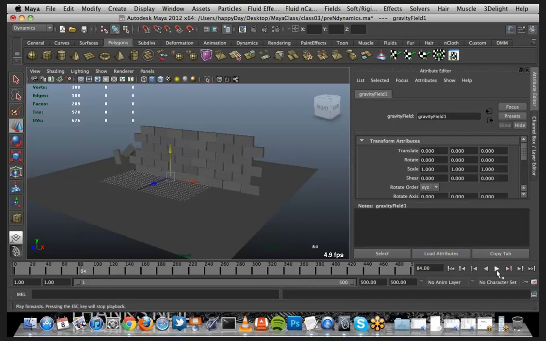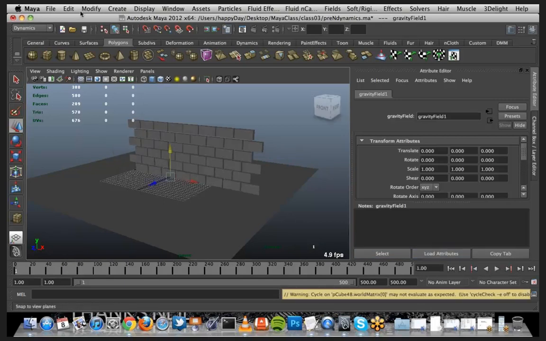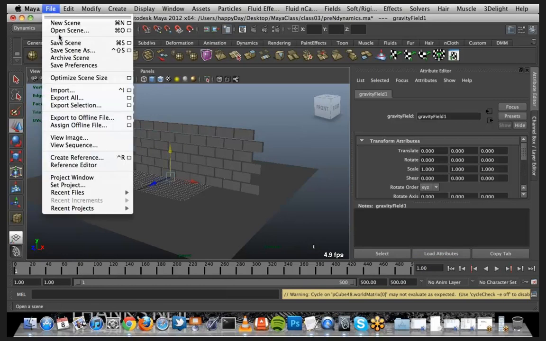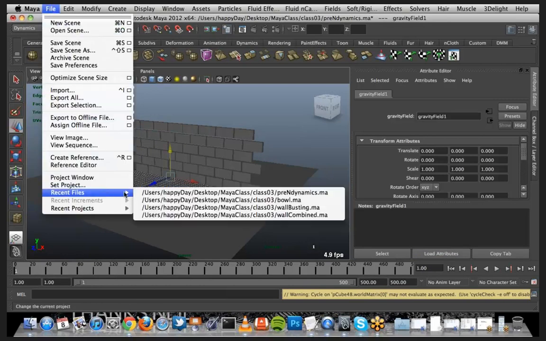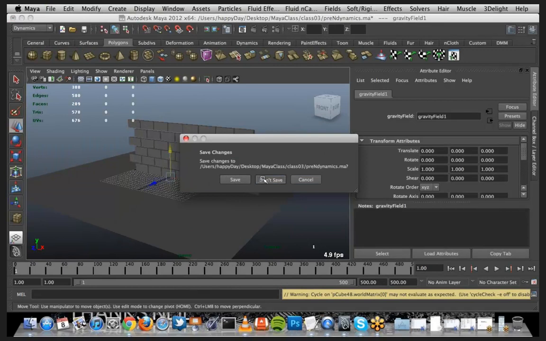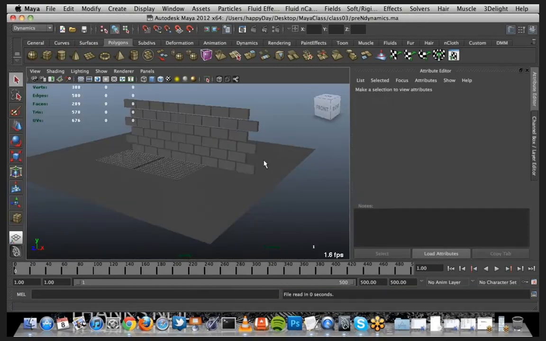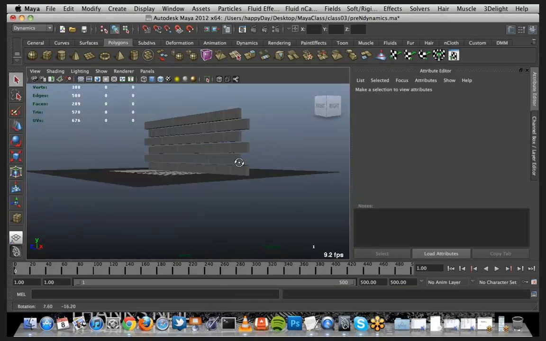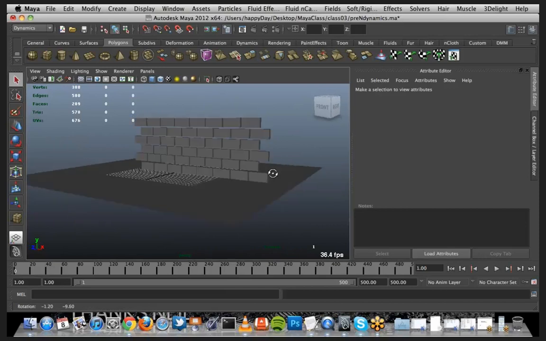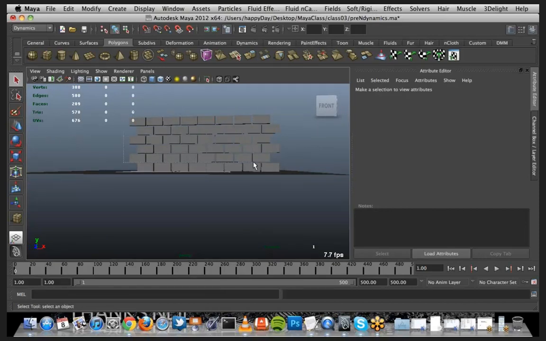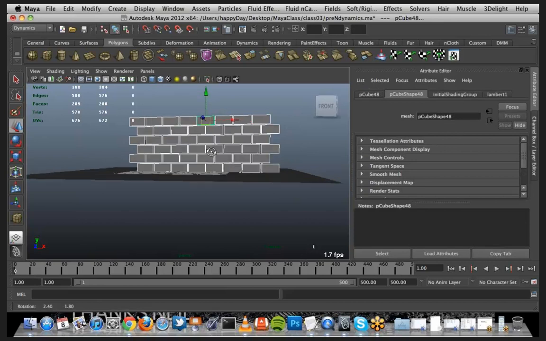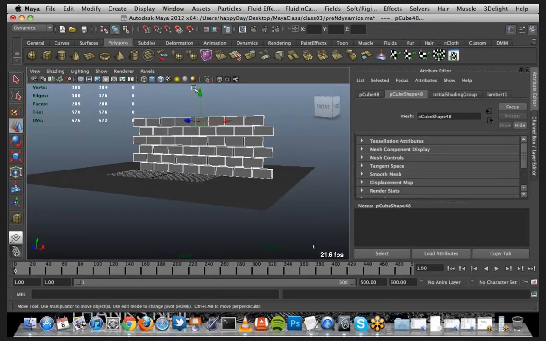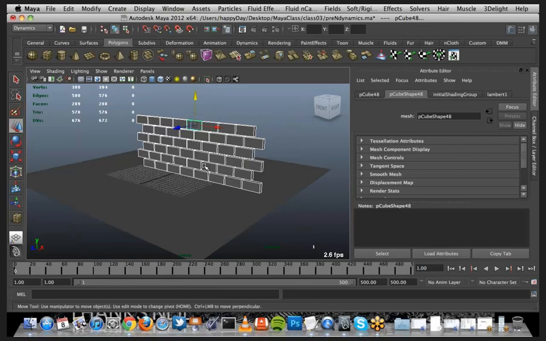There we go. Okay. So I'm going to go back to my previous version that we just saved. Pre-nDynamics. Don't save. Okay. Now you may follow along at this point. So what we'll do is grab all of our bricks. I'm going to slide them up just slightly because that bottom layer was a little bit into the ground plane for me. And with them all selected,